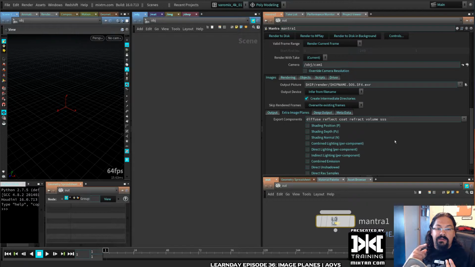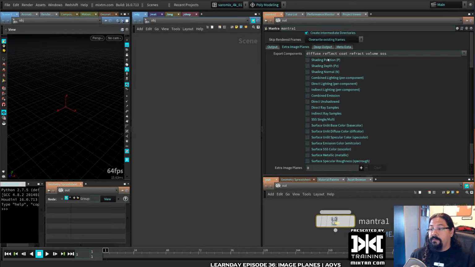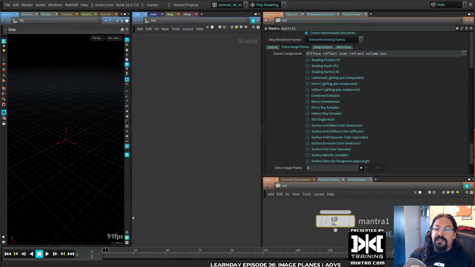That is where you get your depth pass, your velocity passes, passes for each light, etc. And you can see there's a bunch of them preset here that you can export, like the shading position, the C depth, the shading normal, combined lighting, direct lighting, indirect lighting, combined emission, etc. So these are the basic ones, and some people get stuck on this in Houdini because it is a little bit different